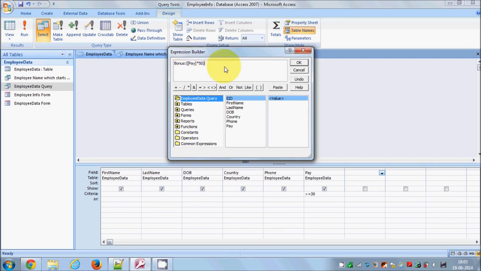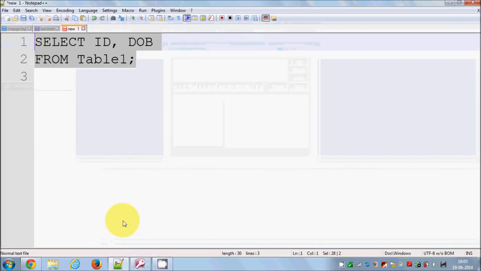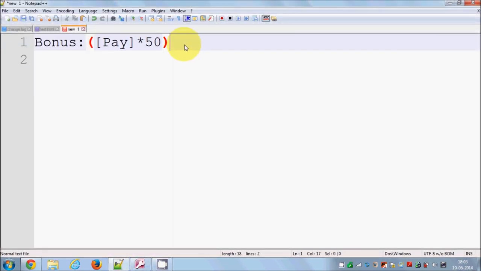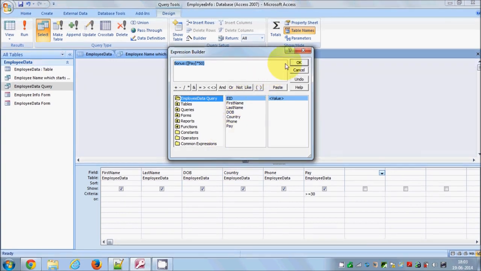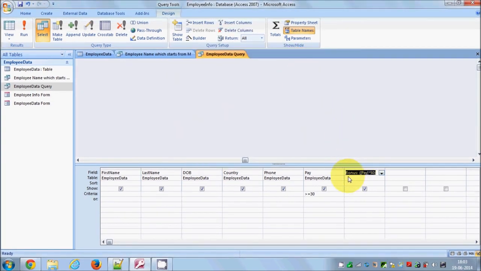And now when I click OK, if you don't see this, I can paste it in here so you can see it better. It's bonus colon, and in the parenthesis the pay column name in the square bracket multiplied by 50. Okay, and I will click OK, and you can see here it has created a new column called bonus